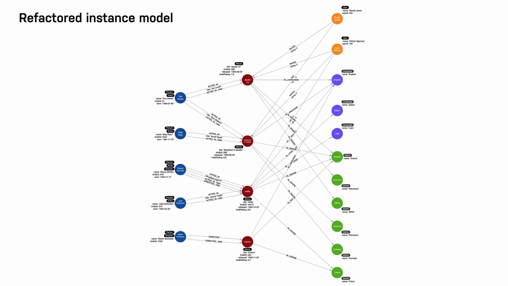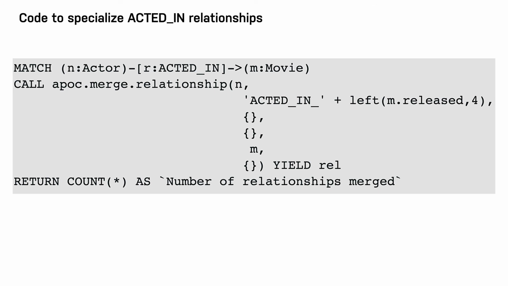In most cases where we specialize relationships, we keep the original generic relationships as existing queries will still need to use them. The code to refactor the graph to add these specialized relationships uses the APOC library. This is the code to refactor the acted-in relationships in the graph that you will execute in the next challenge. It has an apoc.merge.relationship procedure that allows you to dynamically merge relationships in the graph. It uses the 4 leftmost characters of the released property for a movie node to create the name of the